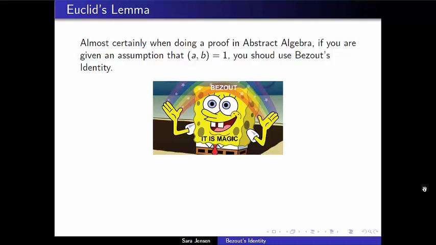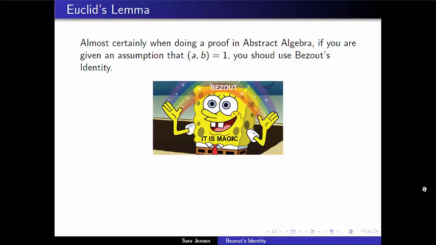Because Bezout's identity is so important to us as we progress in abstract algebra, I wanted to give an example of proving a very well-known result with Bezout's identity, to give you an idea of how that identity can be helpful to us. I wanted to give you some information about Bezout or maybe Euclid, since that's what we're